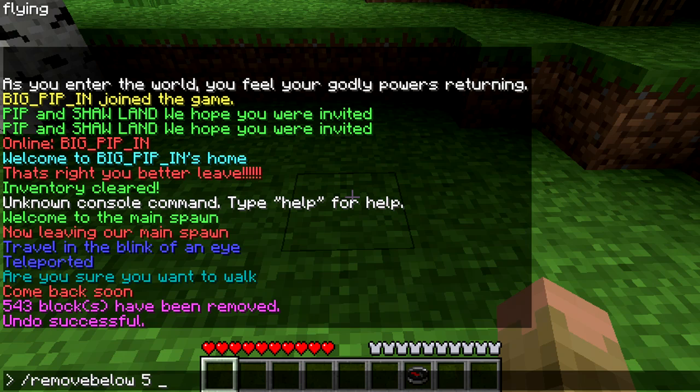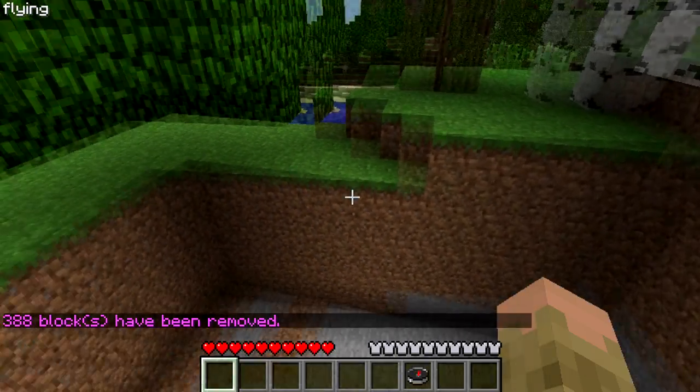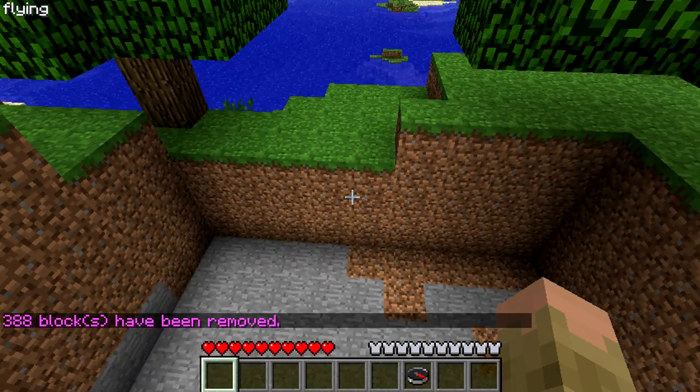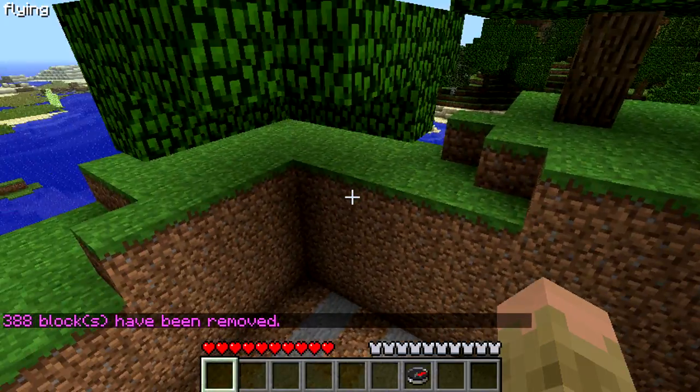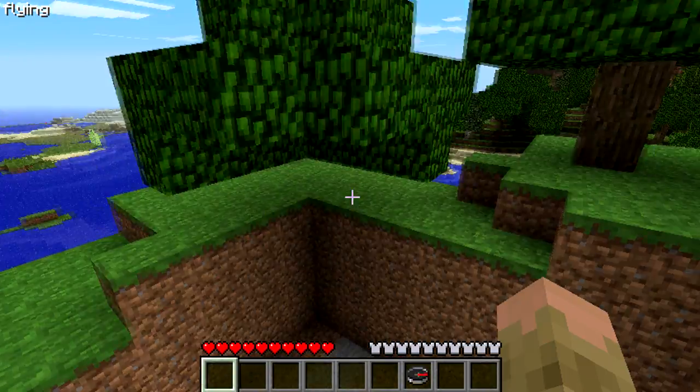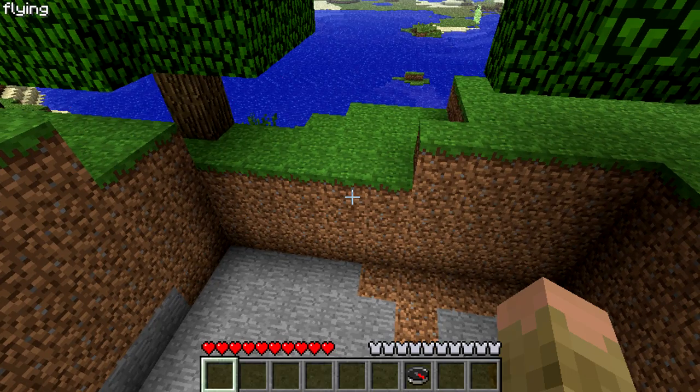So we're going to do 5 blocks in every direction, and we're only going to go down about 3 blocks. Okay, so we don't need to make a very big hole. Okay, so with that being said, all we need to do is hit enter, and you can see that at that lowest point it dropped down 3 blocks. At the point that I was actually standing on it, it took out 4 blocks down, but that's probably due